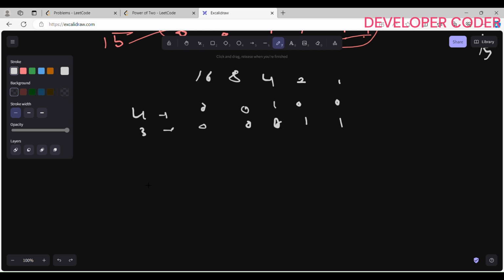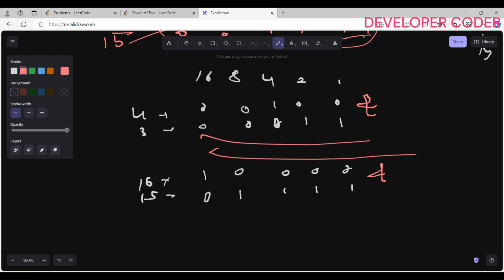One more thing, when my number is 16, then using bits it is like this, 1 0 0 0 0. But when I subtract 1 from this 16, then it looks like this, all the bits after this set bit become 1. This is how we represent 15 in bits. So this is clear, right? Now when I use the AND operation between these two numbers,